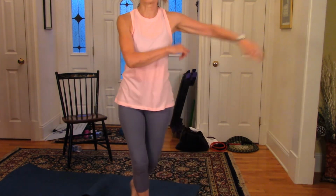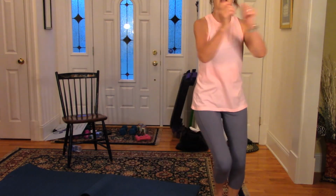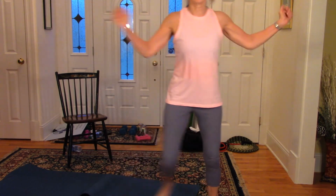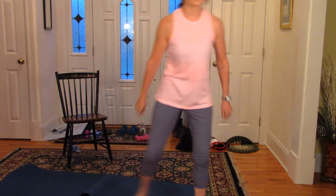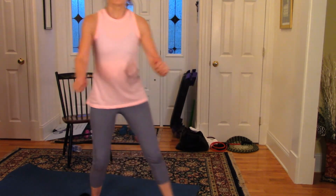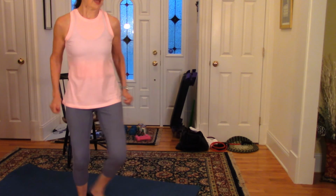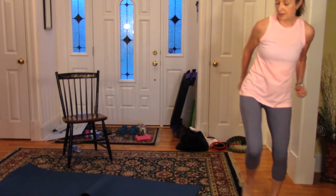Single step touch right here. 8, 7, 6, 5, 4, 3, 2, grapevine. 4, 3, 2. Do 4 more after this. And 4, 3,